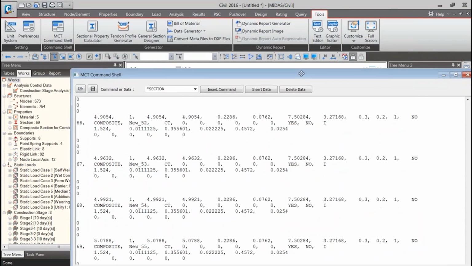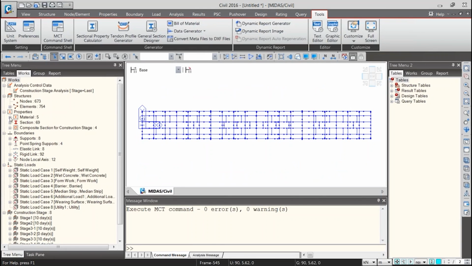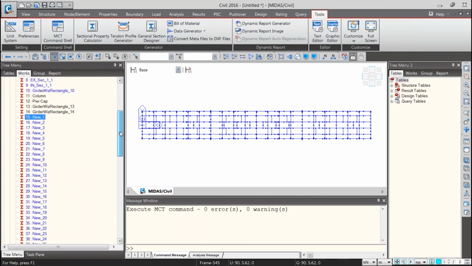So once you have done that and close it, you will find that a numerous number of sections have been created, and it doesn't take much time. If you had to create so many sections manually, you can just think about the time you would have to invest in it. You would have to go for each element and create a new section for it.